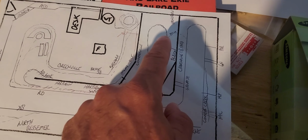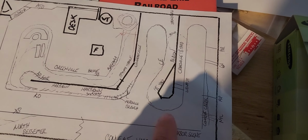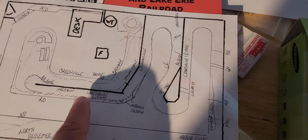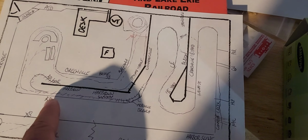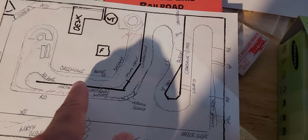Conneautville, and at Conneautville, here's kind of where I'm saying I want to have the tracks coming off, like the Meadville branch would be going off this way, but it's not modeled. Hartstown Swamp, Hartstown, KO, and at KO, the KO line splits off, and we'll start climbing a hill, running right